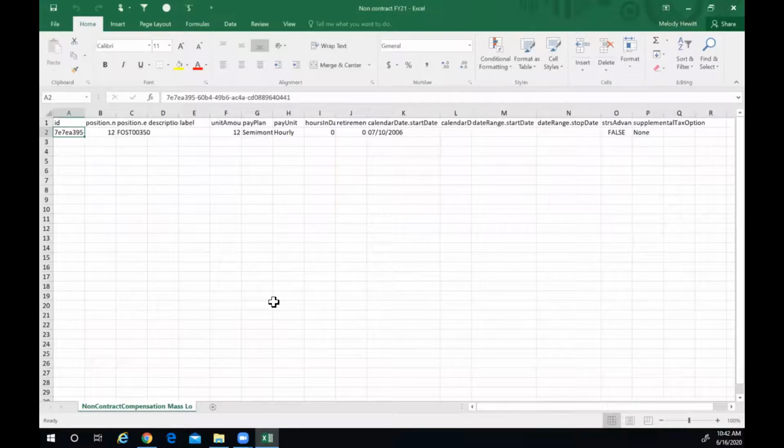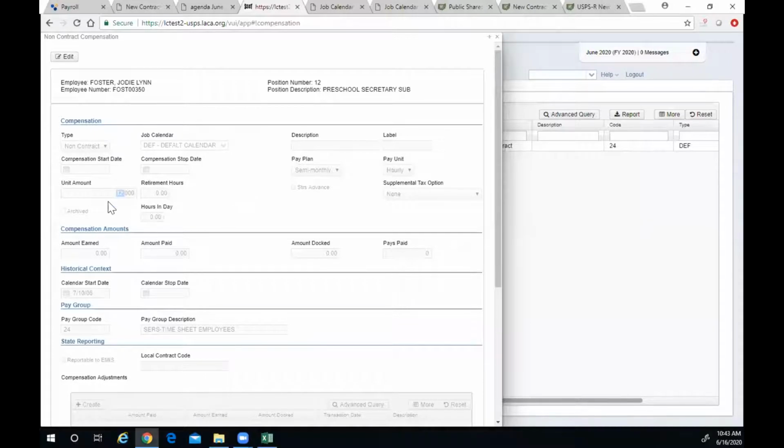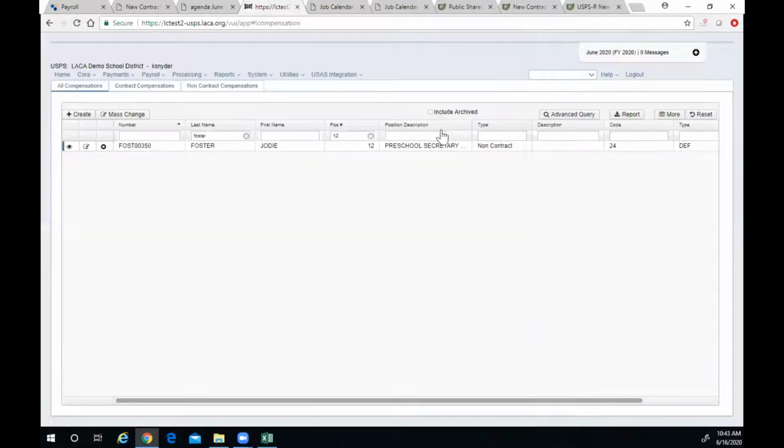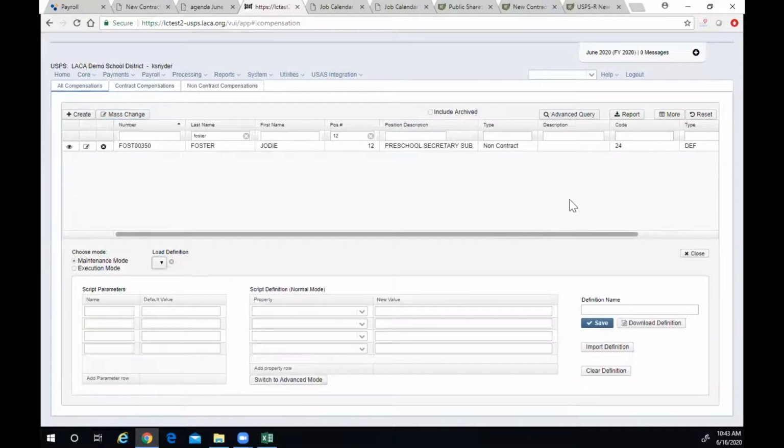Or we could do that through a mass change of some sort on the grid. There's not a defined method by SSDT to do that, so we'll be working with you to do that. And if the only change you're making to that spreadsheet for the new year is unit amount, another option would be to use the mass change from the compensation grid, which we're sitting in right now. The mass change option when we're on the,